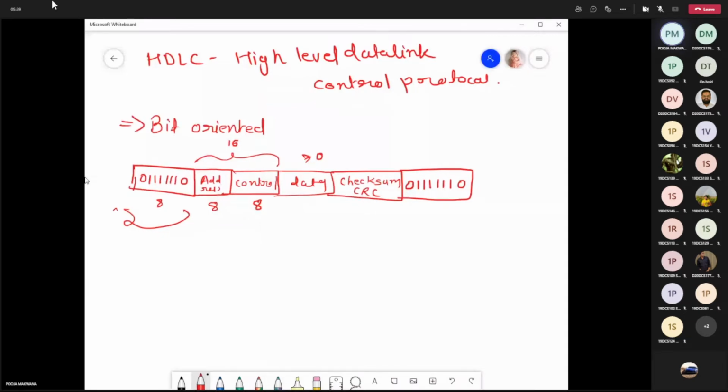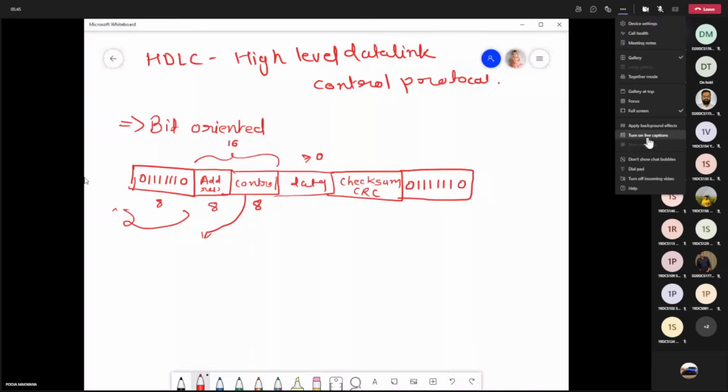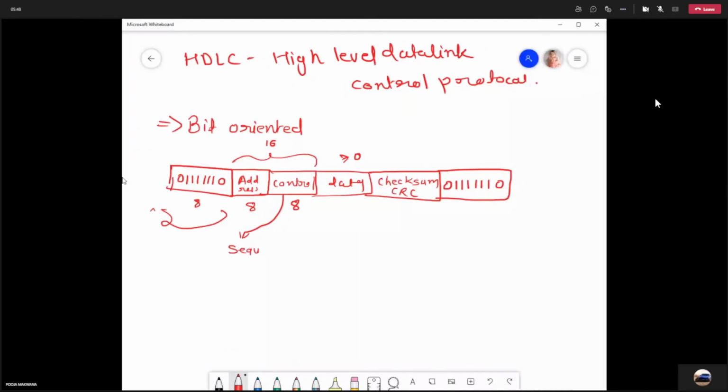The address field, we know, will contain the addresses. Then we have the control field. The control field is used for the sequence number, acknowledgements, and other purposes for the frame. Then we have the data field. The data field may contain any information or data. Then we have the checksum field. This is a CRC field. A CRC code will be there, and it is used for error control,